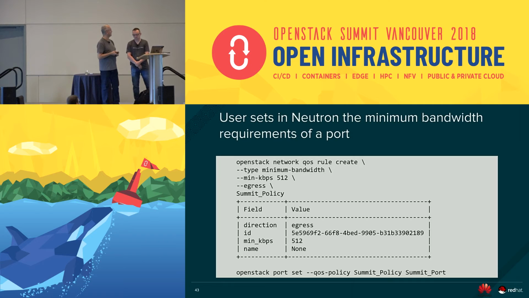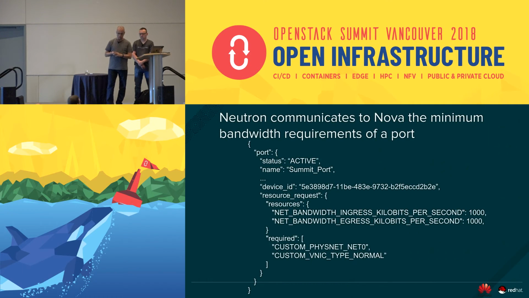So we create a policy, a rule with a minimum bandwidth requirement, and we associate that policy to a port. So that's going to be the two steps that the user needs to take, and the user then provides that port to the Nova boot command, and Nova is going to take that